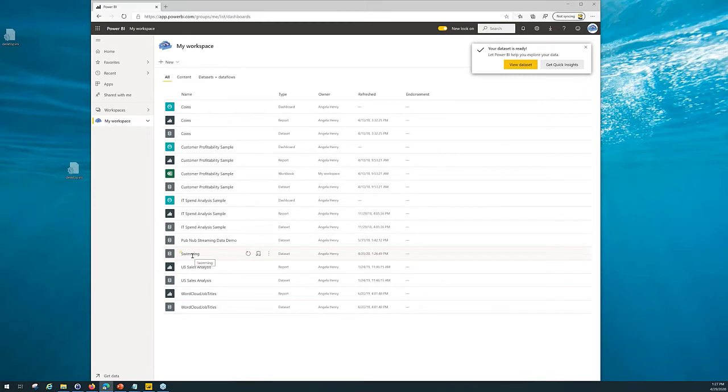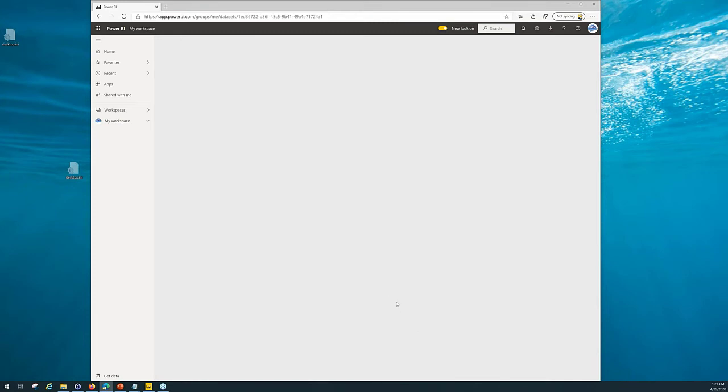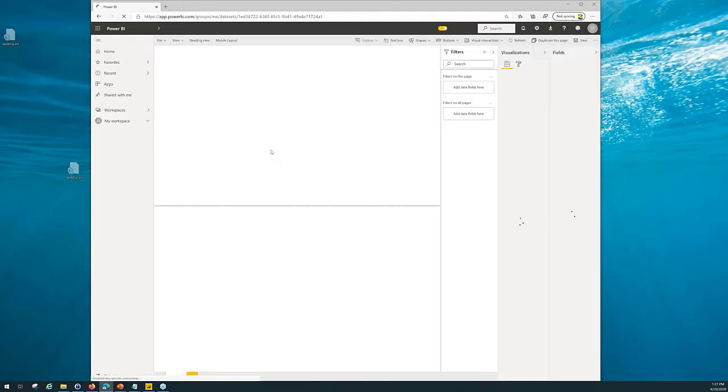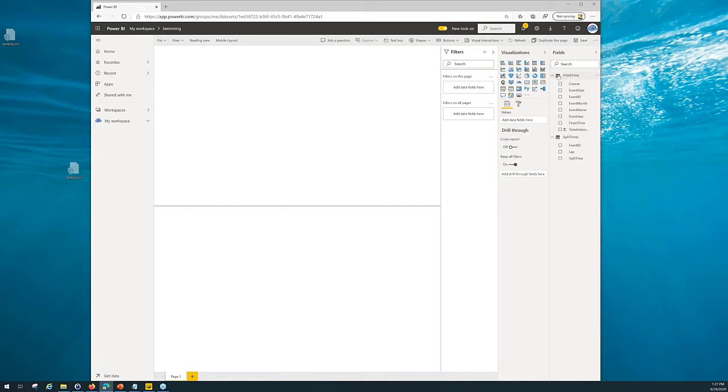So we want to create a report based on this. So let's go view that data. So we're going to click that view data set. I've noticed that sometimes it doesn't always work. If you hit the refresh button, it works just fine. So now you'll notice that we've got a filters pane, a visualizations pane, and a fields pane. On the right-hand side at our fields, you can see I have these two tables. It's kind of like a little matrix icon with a header at the top. So those are tables. I have finish times and I have split times.